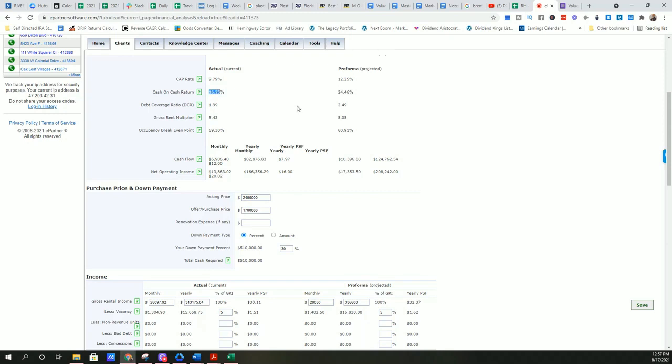Cap rate goes to just under 10%. Cash on cash return on the actual numbers goes to 16.3%. On the pro forma numbers with some improvements, that goes to a cash on cash return of about 25% per year. So if I can get it for 1.7 million, it drastically lowers the risk for me and my investors and increases the rate of return. Lowers the risk, increases your returns. If you buy something that's overvalued, it increases your risk and lowers your expected annual returns. If I can get this property, and again, I'm still reaching out to